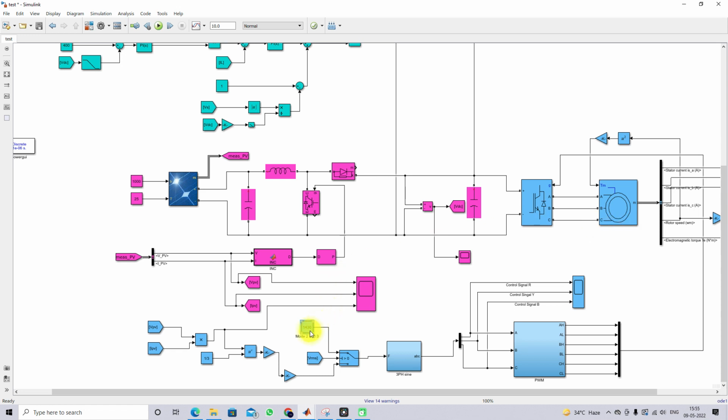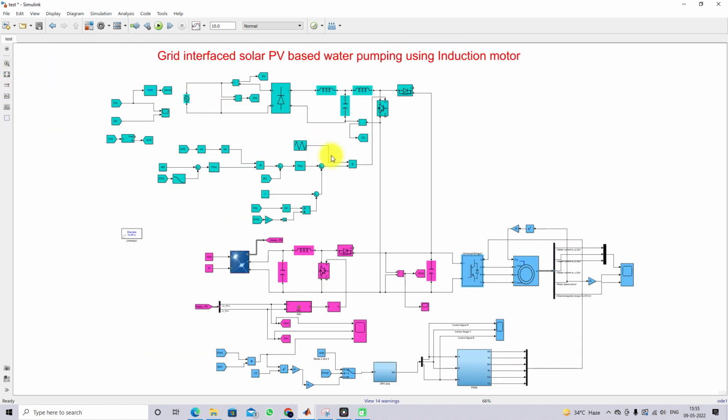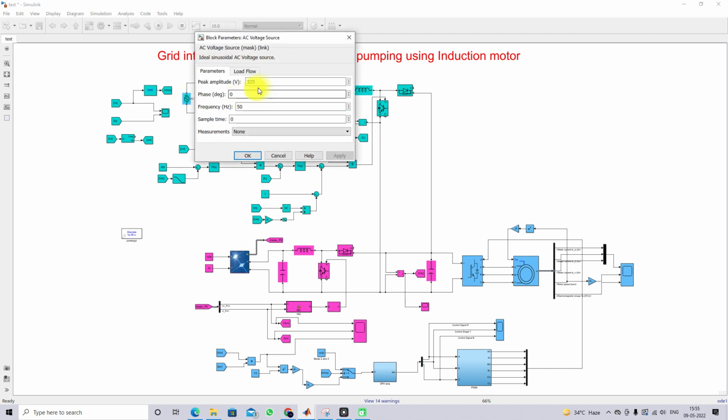So that's why we are making that command, reference speed command is 1430, and then it is going to be processed via V/f control, and then we are going to generate the pulse for this inverter. Okay, so now I am going to operate this model at the mode 1 operation. That means here I am going to make